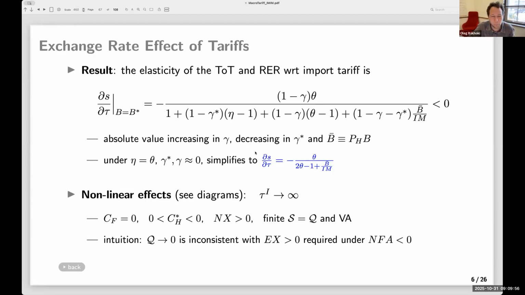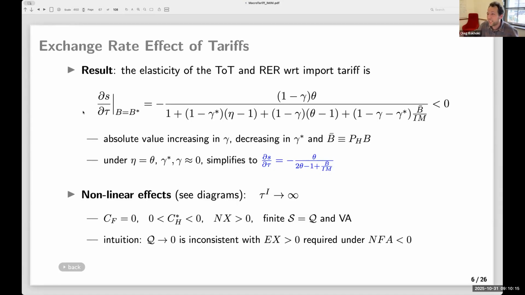And you see that approximately it's 1/2. So a good benchmark for the response of the appreciation to the tariff is that half of the tariff will be undone through appreciation in the long run. In the short run, if prices are sticky and monetary policy matters, things differ, but this is the real response that's driven by the long run budget constraint. It should be a good benchmark.